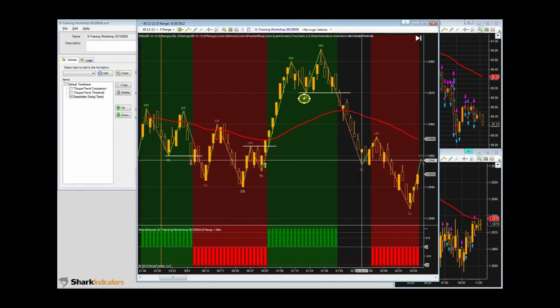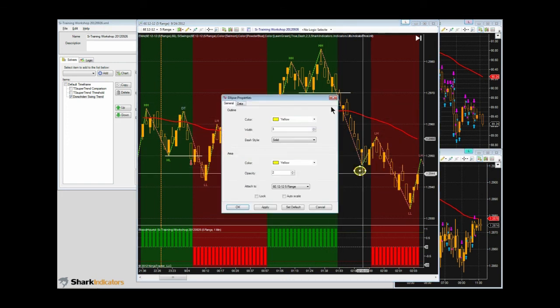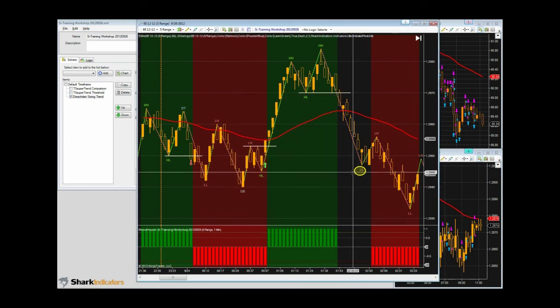And so what the solver is waiting for is this low point here to be detected, right? So price has to come down, and then price has to move up